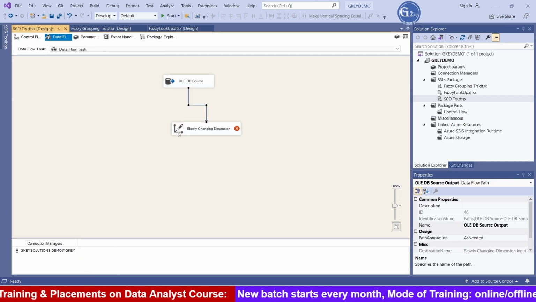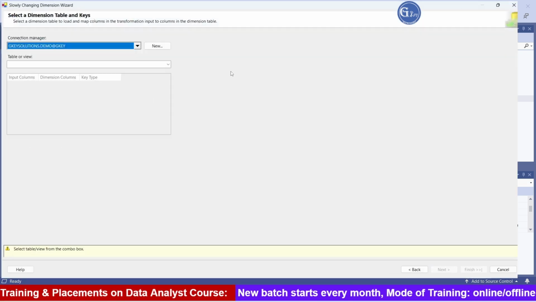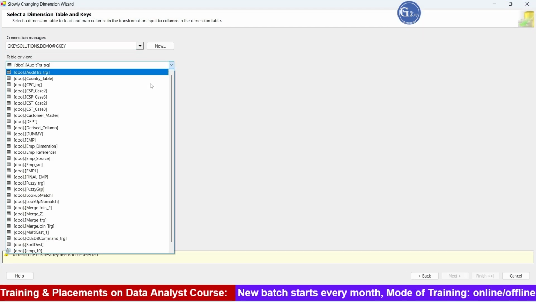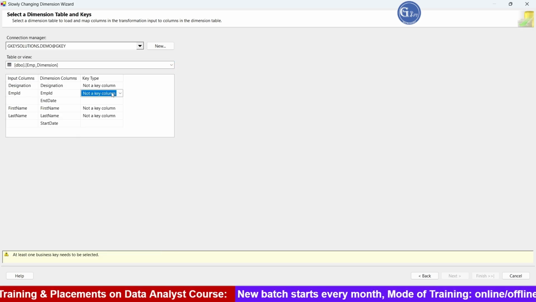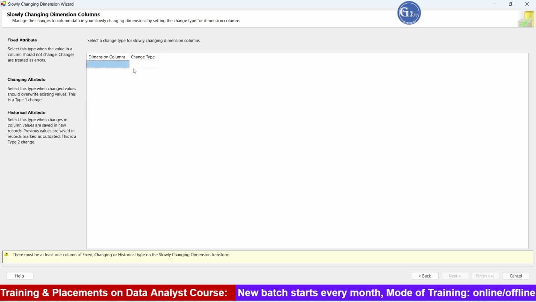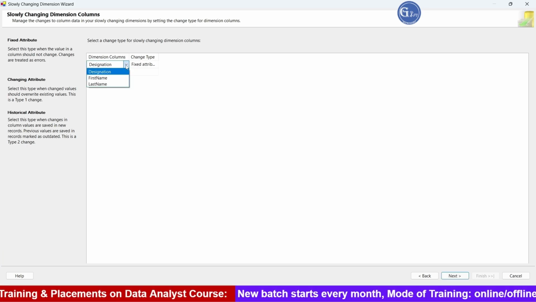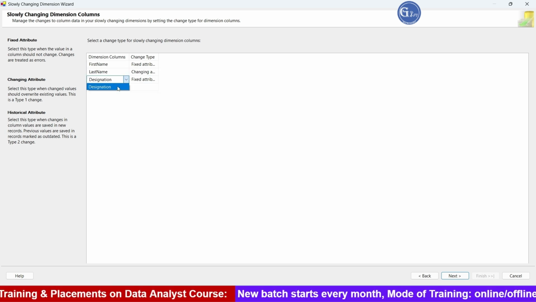I'm connecting the source to the slowly changing dimension transformation, and here what I'm going to do is select the dimension table that we have to take. EMP underscore dimension is the dimension table, and here we have to mention the business key. Employee ID is the business key here. By clicking on next, we'll have different options. First, we will set the fixed attribute. First name is the fixed attribute, last name is the changing attribute, and designation is the